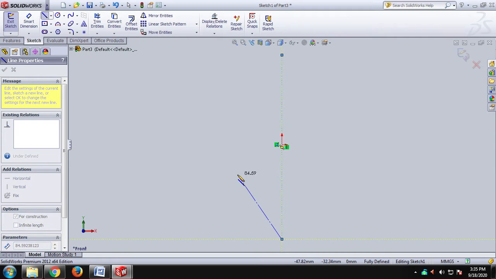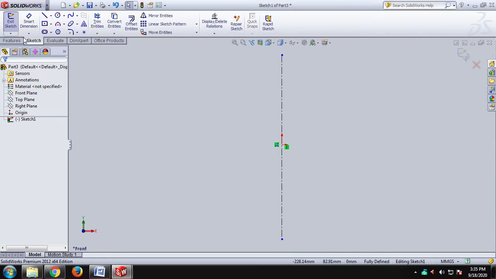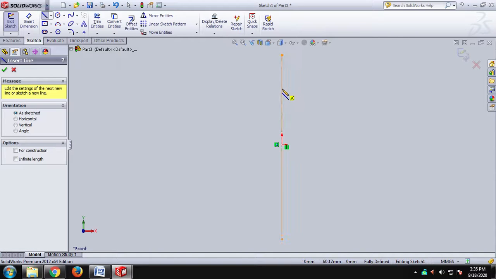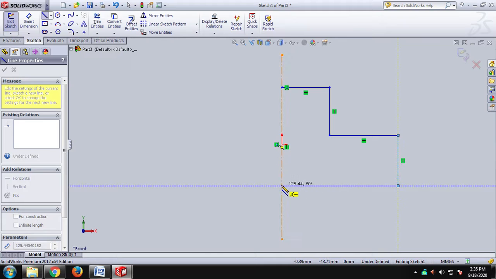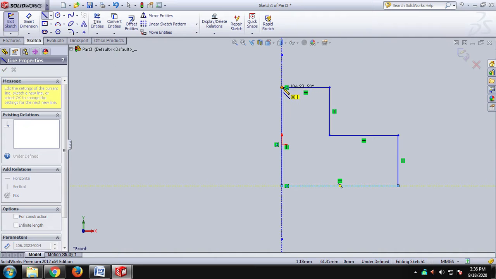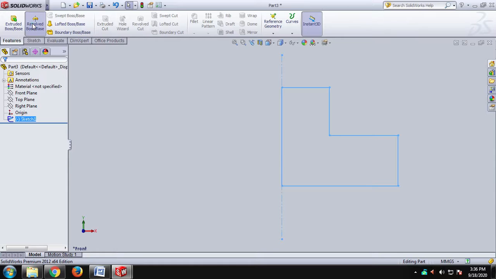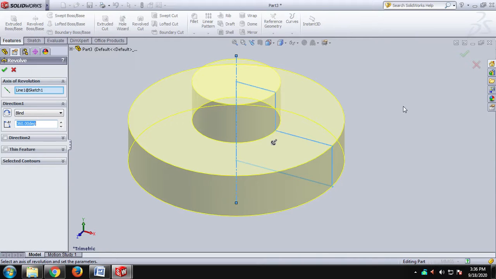Then let us draw a surface like this. We have to close the surface. After clicking this sketch, when you give revolve, this is the process to revolve a component like this. Okay, this is the use of the revolve component.